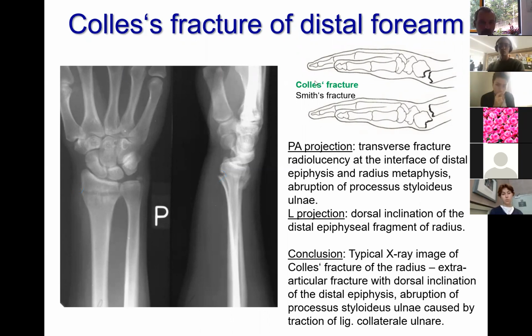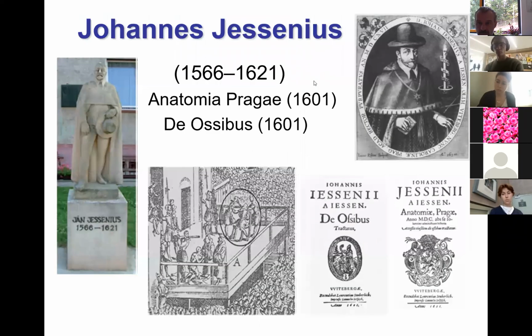Okay, so that's for arm and forearm. Of course, the details of anatomy will be given in practical. Just to show you another important guy, Johannes Jessenius was an anatomist. He performed public dissection in year